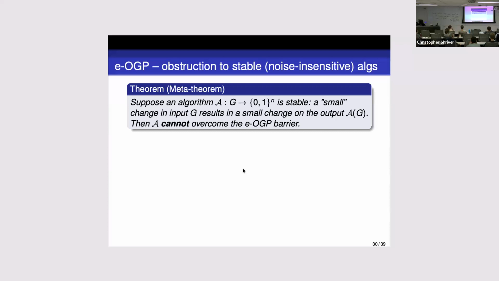So, for example, if I have a graph and I update it by one edge, deleting this edge if it was there, adding an edge if it was not there, and then I see how much my algorithm changes its output. If my algorithm did not drastically change its decision, then we call it stable. Of course, drastically, a little bit, too much, small change, large change, all need to be quantified. That's for sure. But informally, that's the idea. Turns out that noise insensitivity is the right language to talk about that, for reasons to be clarified shortly.